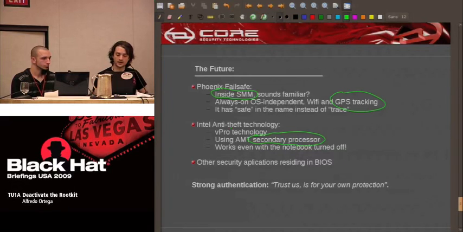There are also many other applications residing in BIOS. BIOS is a very arcane and dark thing, and nobody looks into it. But there are many software places there where nobody checks for vulnerabilities. So